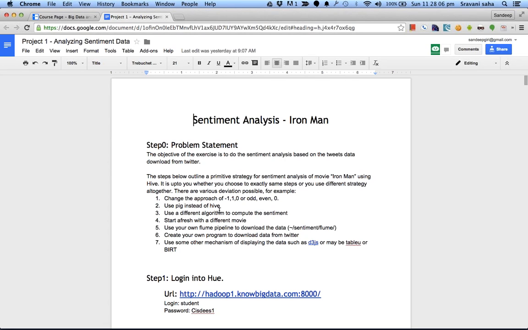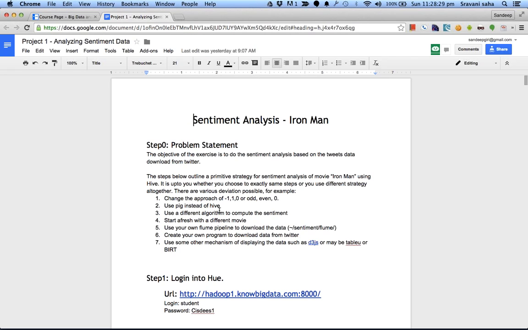This is a very primitive strategy for sentiment analysis, and we will be using Hive. It is up to you whether you want to go with another strategy or change the whole setup completely. It is absolutely up to you. I can suggest a few deviations which you should go for.